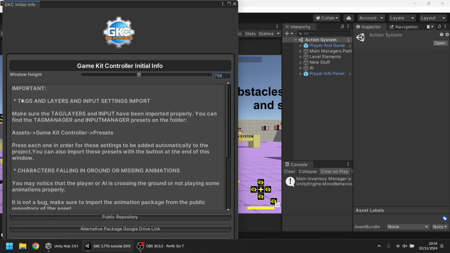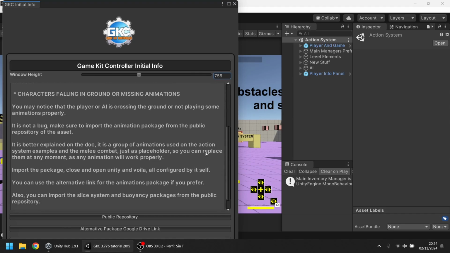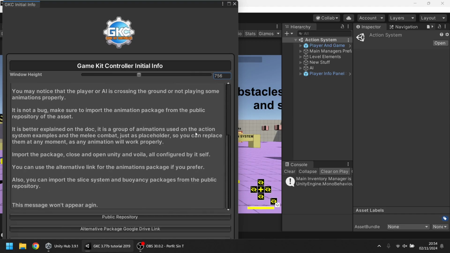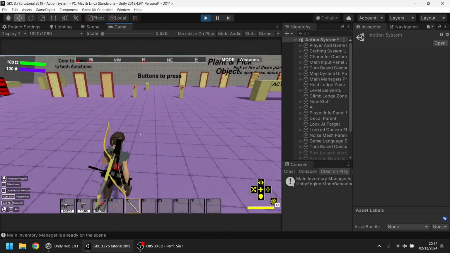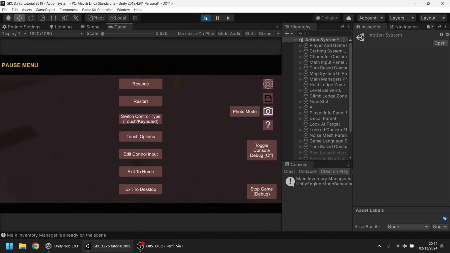For example, what I already said about the tags, layers and input presets, and the animation package that needs to be imported, because if I close and press play again, the pop-up will not appear, but you will notice that some animations are missing. But this is not a bug, it's just that the animation package needs to be imported.